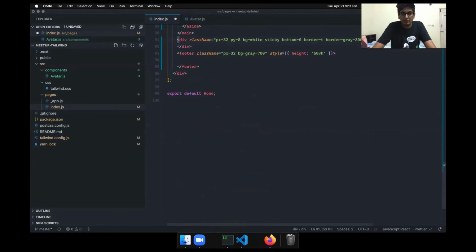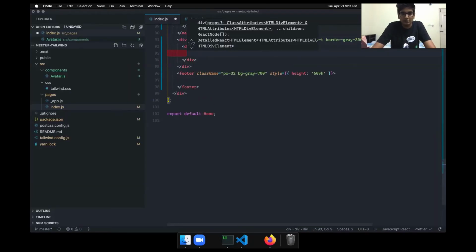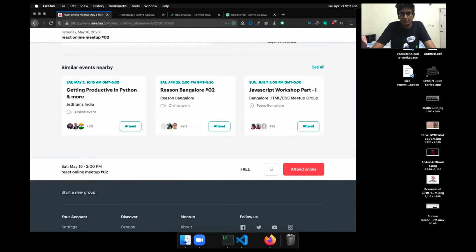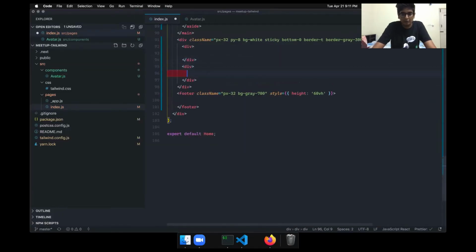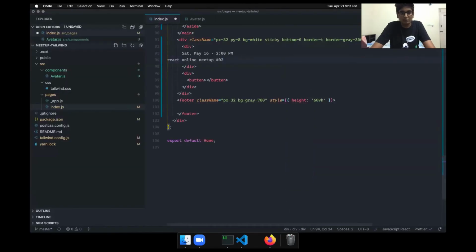We have a div here, and in the div there is an information section, so one div for that. Then there is a write section, so one div for that. And let's say here there is a button, and in the div we have some content. And so our div should become flex, and it should be justified between.